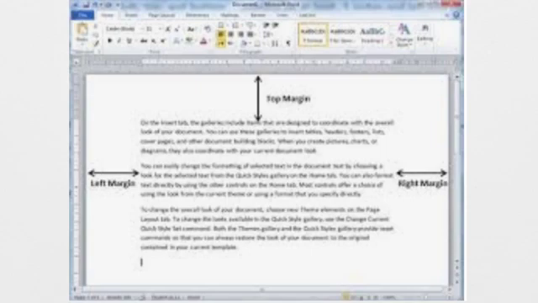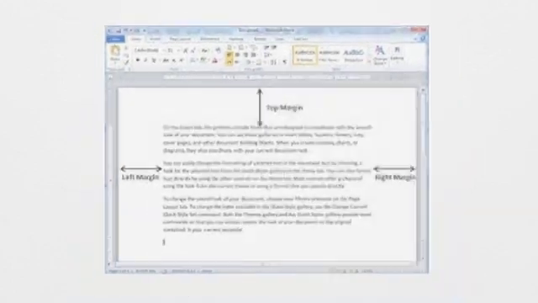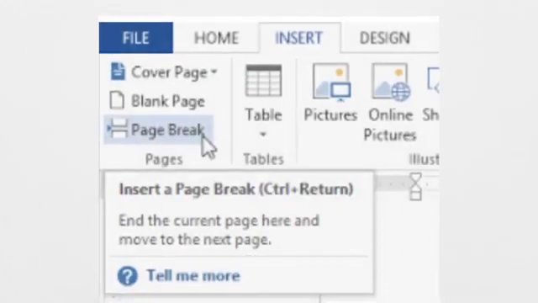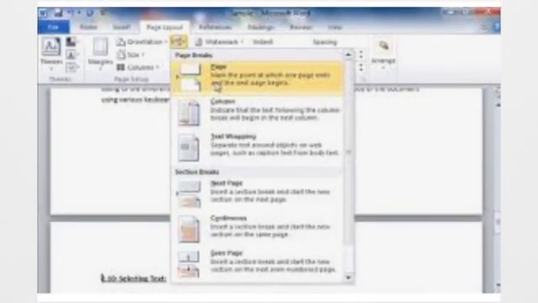Clear? How will you do this? Simply you need to go to the insert tab. Like I told you previously, page layout tab; for inserting a page, you need to go to the insert tab. There is a page break option. Click on page break option. You will see your page is broken and your cursor is now on the next page. The next page will automatically insert in your document when you click on page break option.